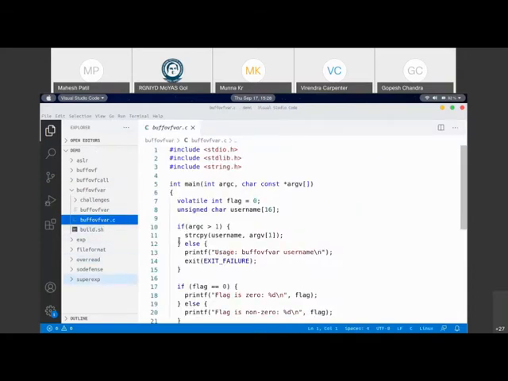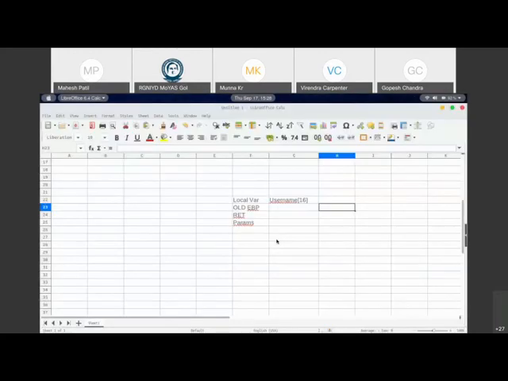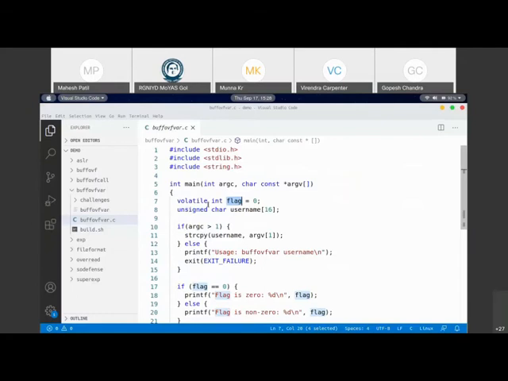In this particular C program, we have the main function and a variable called flag. So now let us draw the stack for that. Here in the local variables, we have a flag, and followed by the flag, we also have a username.